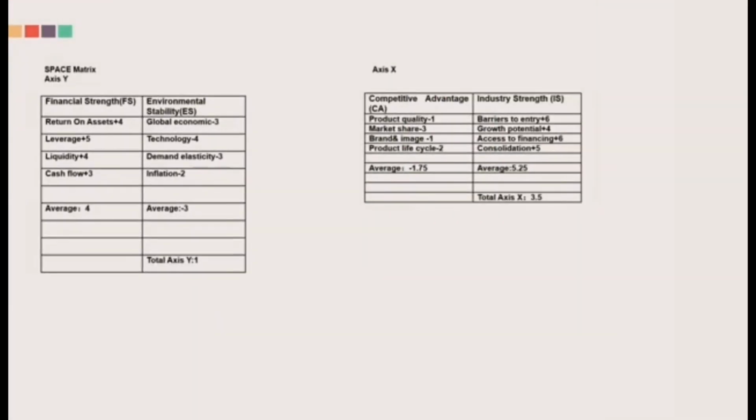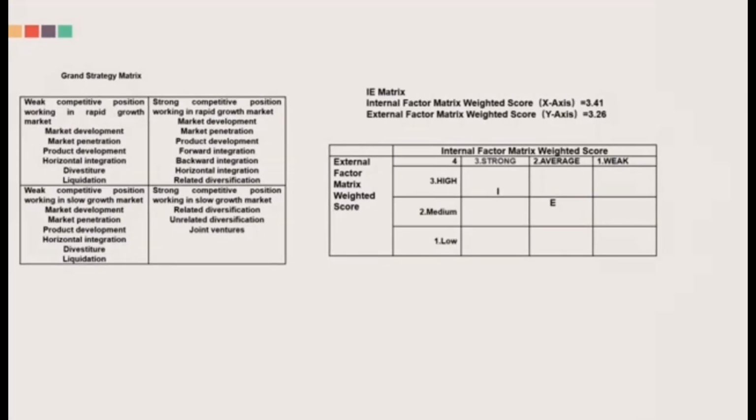And the next one is the SPACE matrix. The SPACE matrix is about financial strength, environmental stability, competitive advantage, and industry strength. And the next one is the grand strategy matrix and the IE matrix. As we can see from the IE matrix, the internal factor matrix is high, and the external factor matrix is